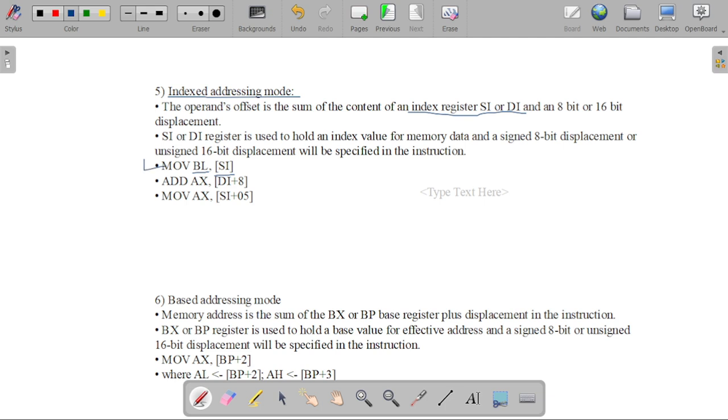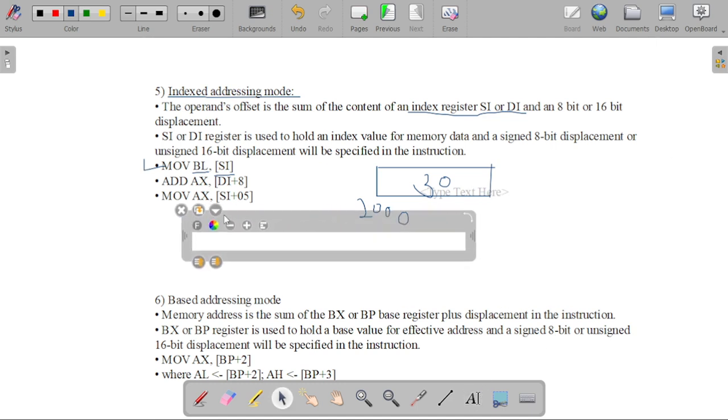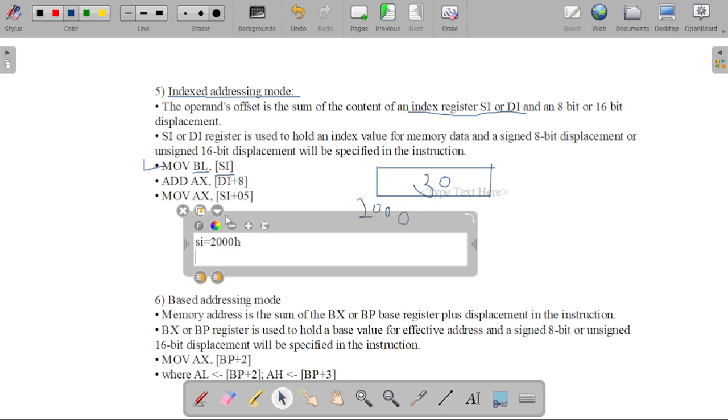Suppose I am considering this instruction, that is MOV BL, [SI]. You can consider here this is our memory location and the address is 2000H, and on that 2000H location our value is stored, that is 30. For example, our value of SI is 2000H. So if the value of SI is 2000H, we write here SI equals 2000H, and our instruction becomes MOV BL,